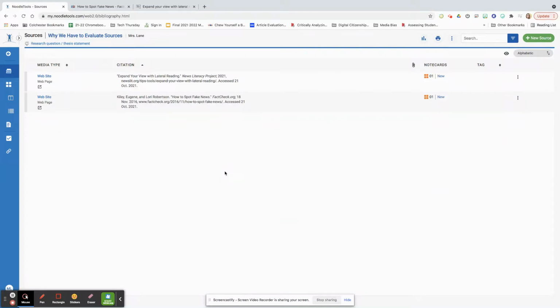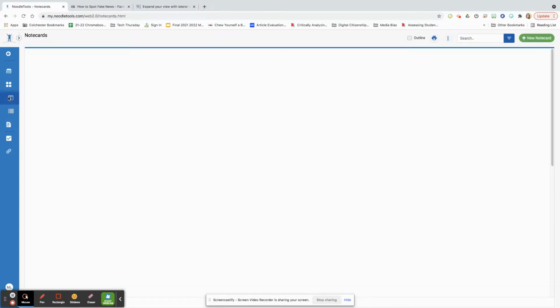Once I have my source card created with my information, I am now able to start taking notes from that. So in my menu here, if I hover over note cards, I'm going to go down to the tabletop view and select that. You can see here that I have 2 note cards I took, one on spotting fake news and one on how to lateral read. To create a new note card, I will click New Note Card in the upper right